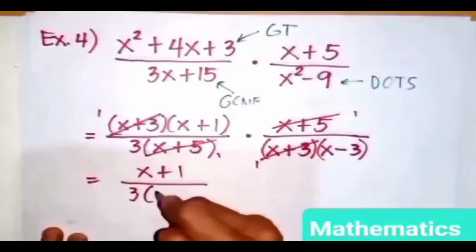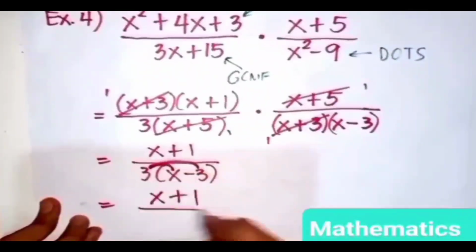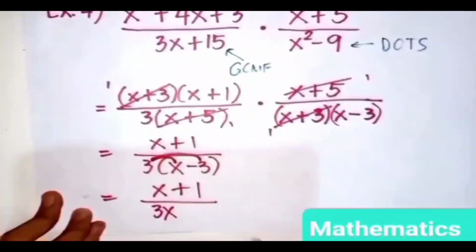All over 3 times the binomial x minus 3. We need to multiply pa itong monomial na to by this binomial. How? Distributive property. So, 3 times x, then 3 times negative 3. So, we now have the final answer. X plus 1 all over 3 times x is 3x. Then, 3 times negative 3 is